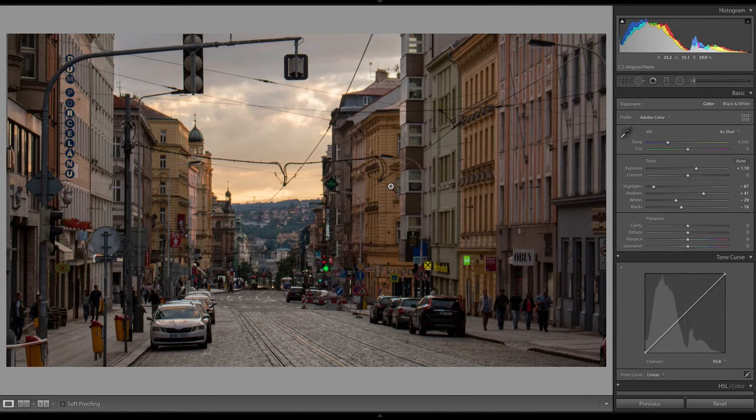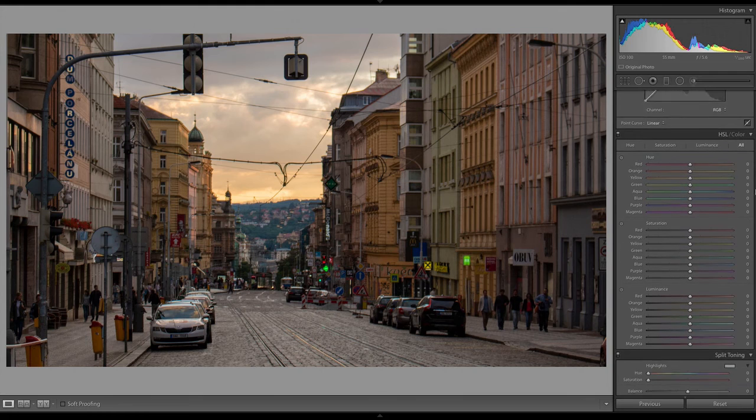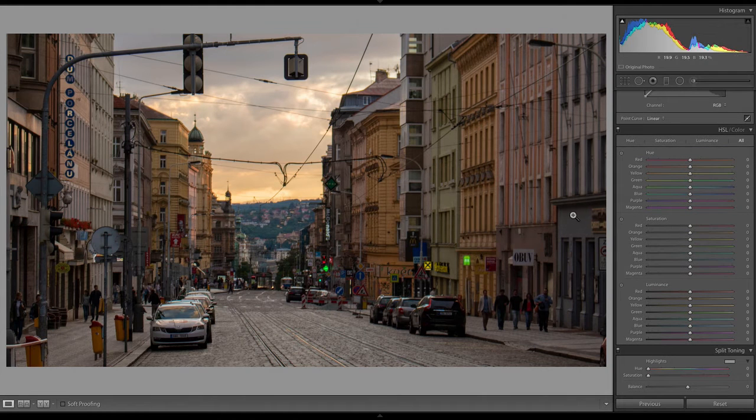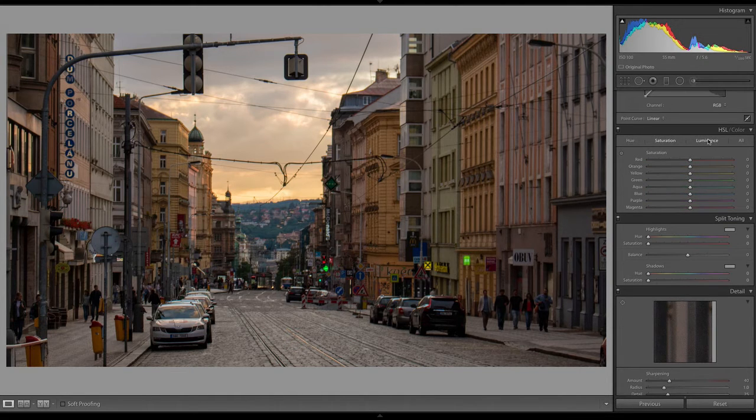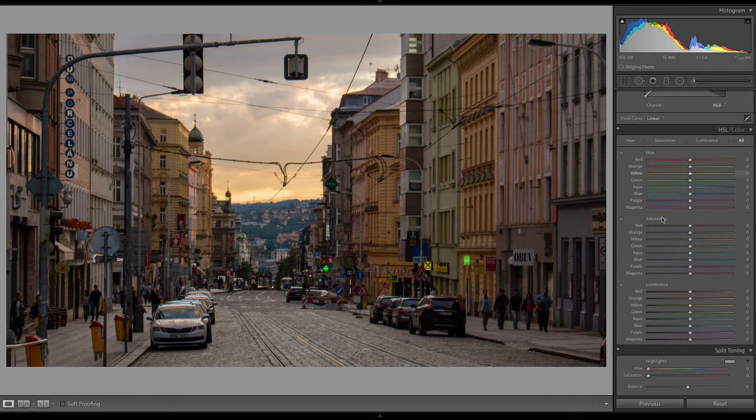For this photo, we've got lots of cool colors going on. So first, I am going to bring up the vibrance overall. And then I'm going to go down and specify which colors I want to bring up. Now I could go through the sliders and do that, but I'm going to click this little icon next to saturation. This is under the HSL panel. If you don't see all of these panels, you might see something like hue or just saturation or luminance. Just click the all button.